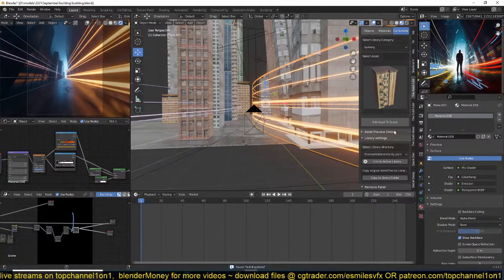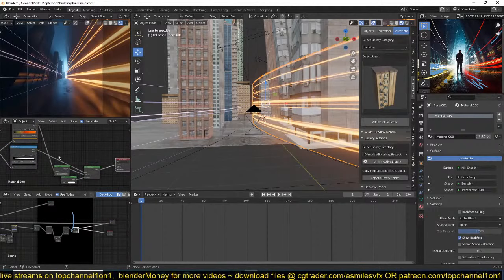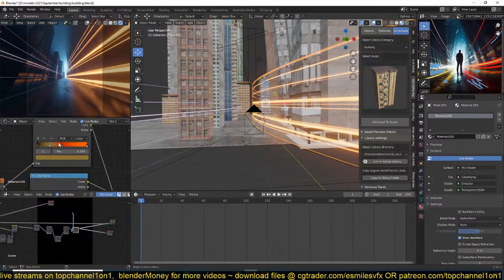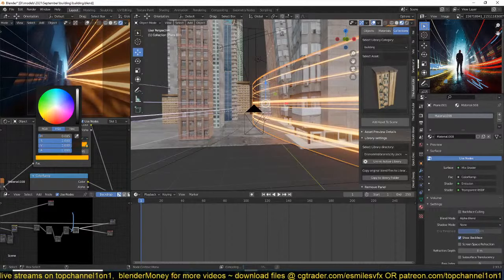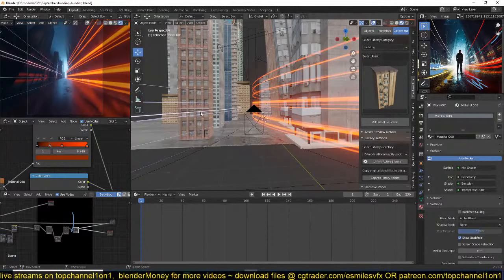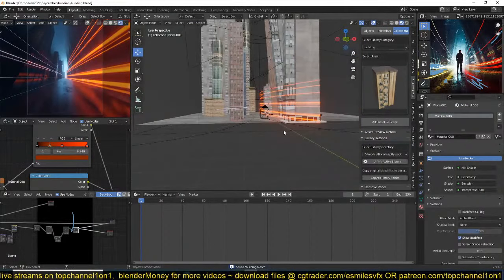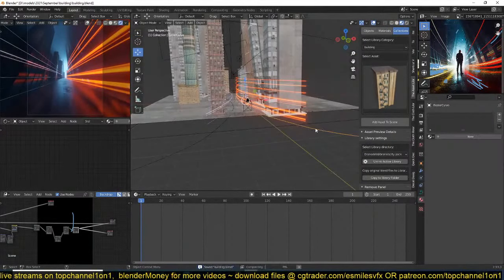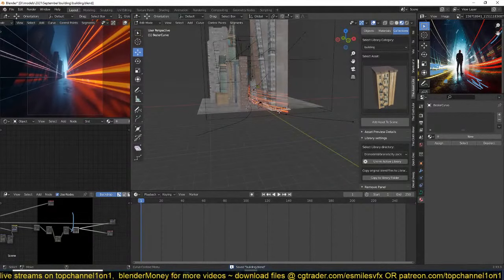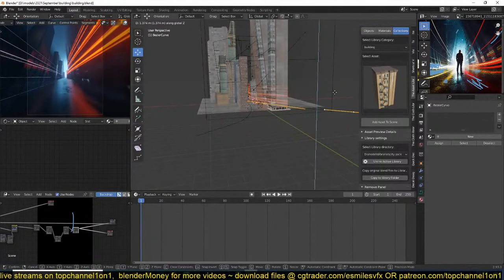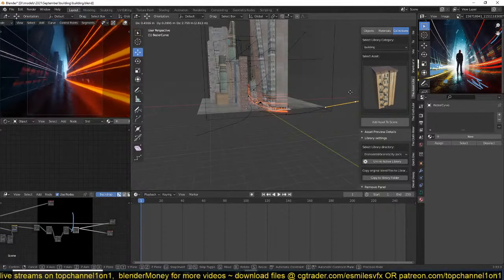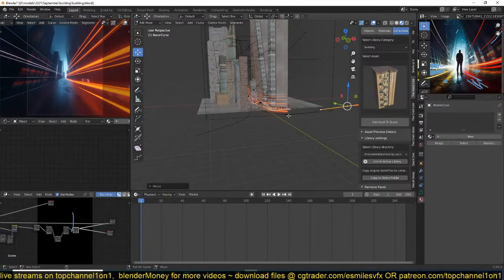Just checking on this material, something like that. And I'm also going to fake the distortion upwards, so I can get that same